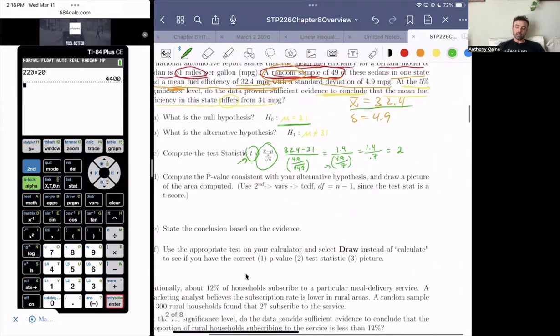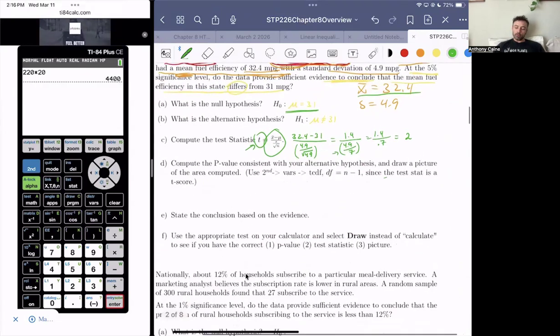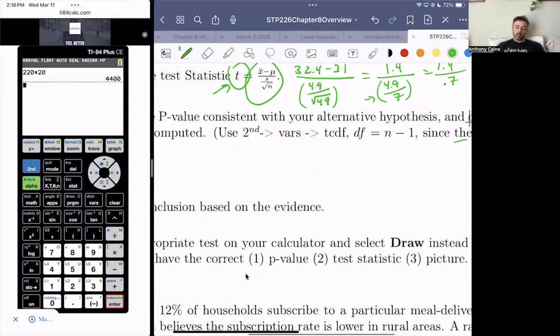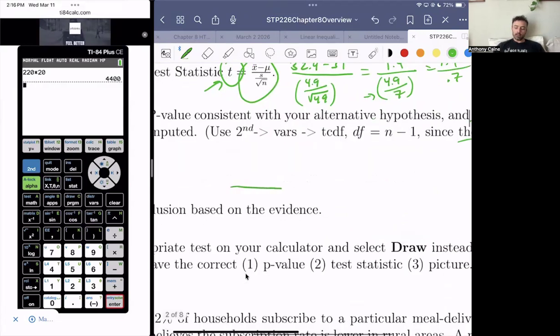Okay. All right, so I want us to draw a picture again. And the good news is T distributions, they look like normal distributions. They look like standard normals. So you can draw the exact same picture. It's still centered at 0. And this is roughly 1. Okay. And so go that same distance again. We're out here, we're at 2. Okay, now,